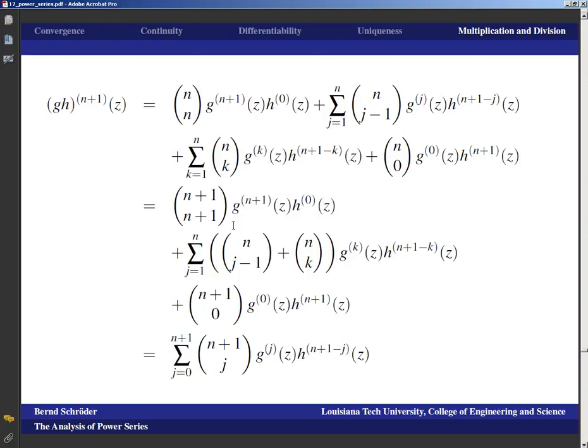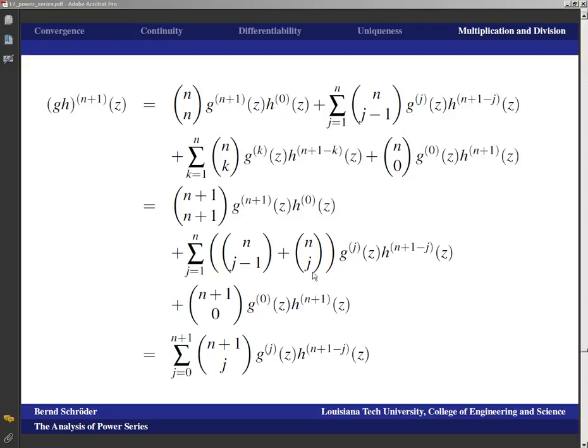That is, well, let's see. It is clear that this guy is the n plus first term, because that's just what we get when j is replaced with n plus 1. It is clear that this guy is the 0th term, because that's what we get when we replace j with 0. The part where people then sometimes say, well, it's a well-known formula, and indeed it is, but it should be a j here.